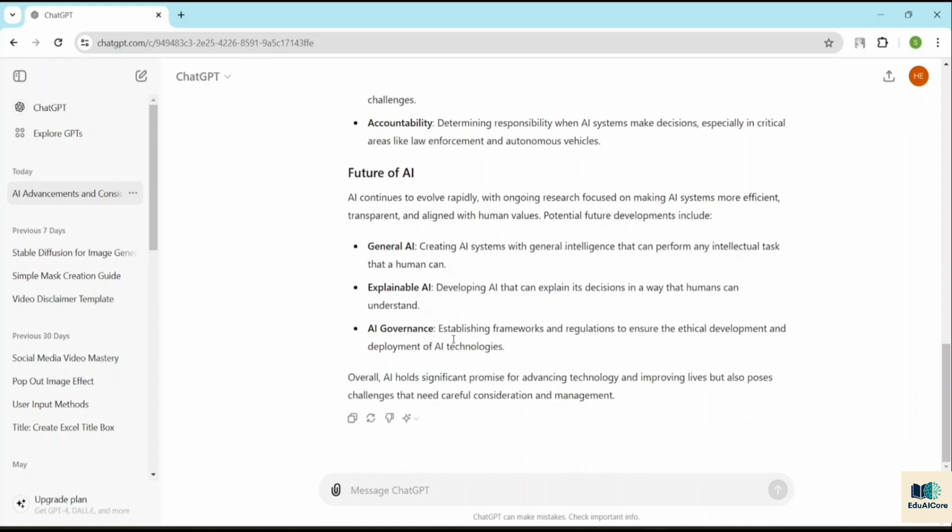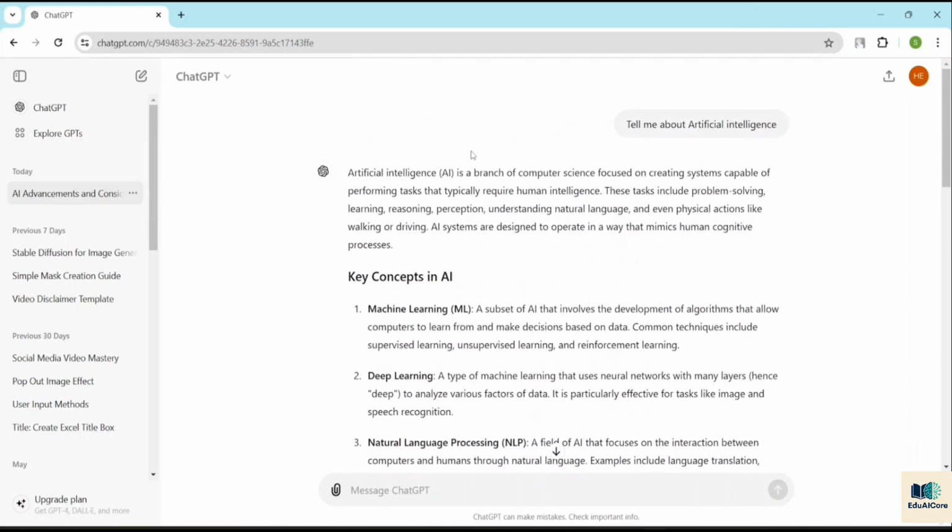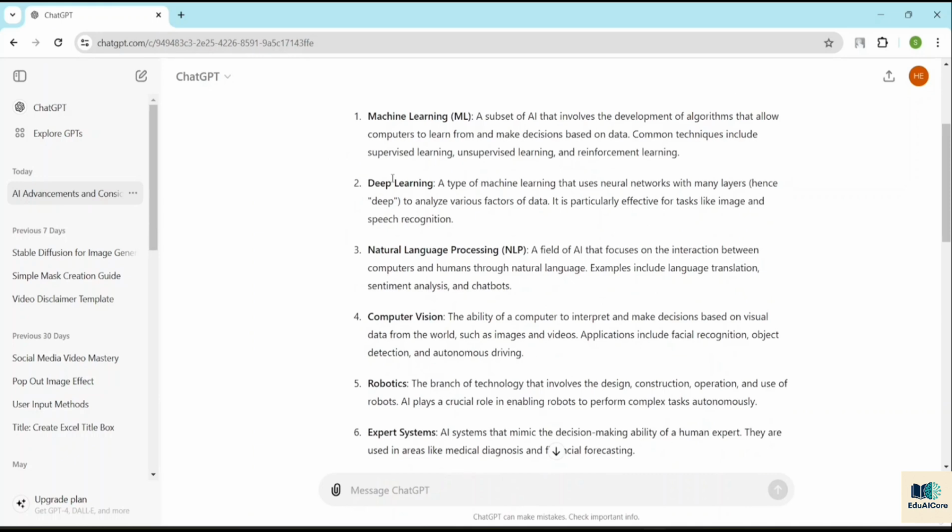So it will move into these three general systems. Once you keep on using AI, it will get you more information regarding that. So this is about this particular option of how you will start